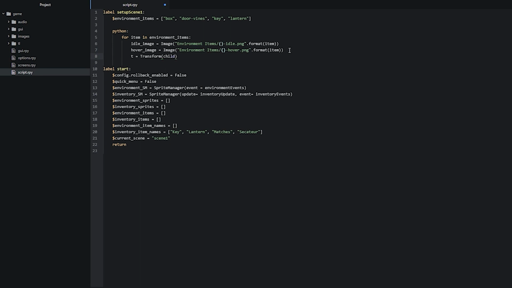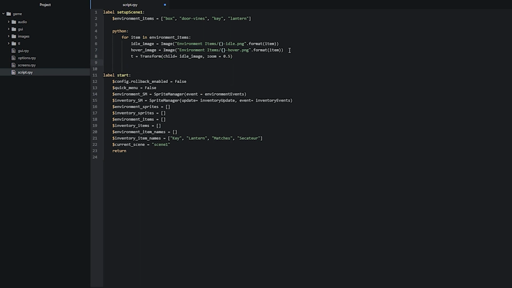So we're going to say child is equal to idle image, and then we're going to give it a zoom property, which is going to be 0.5, like so. And now we're going to go ahead and create a sprite object, and to do that we're going to append a reference to the sprite object into the environment sprites list. So we're going to say environment